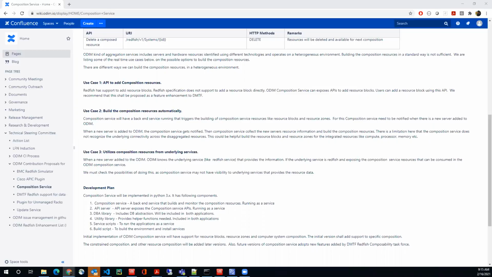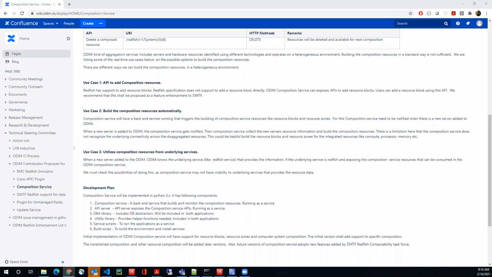Yeah, in use case number 2, there is a kind of limitation or challenge in building the resource zones. For example, a computer system resource is discovered. We really know the underlying components like processors, memory, and network interfaces within the computer system, so that we can build the resource blocks and add them to a resource zone.